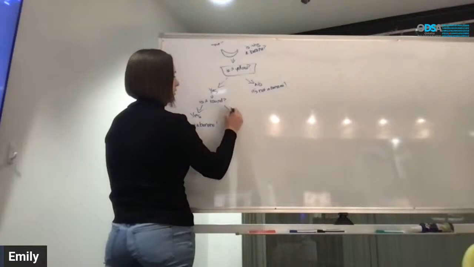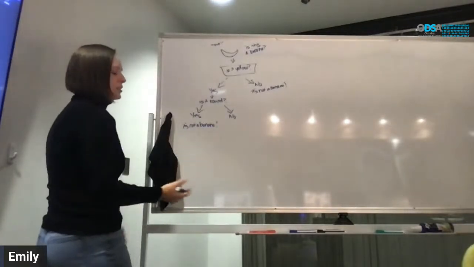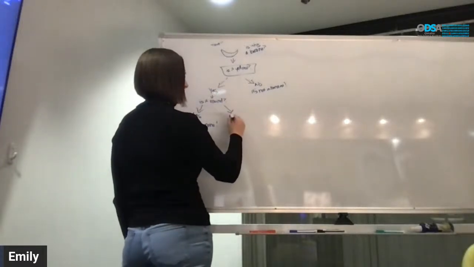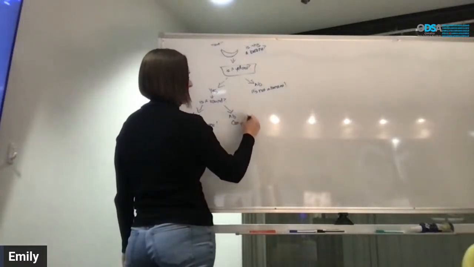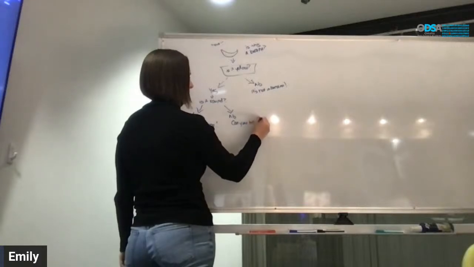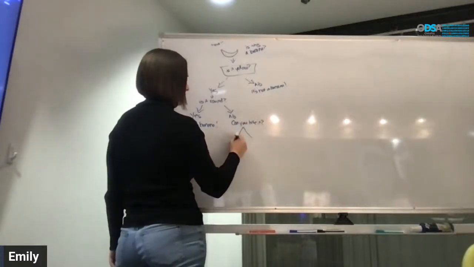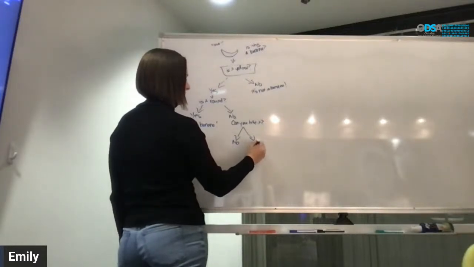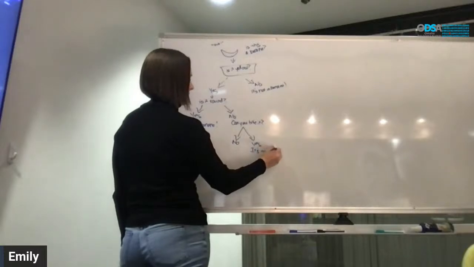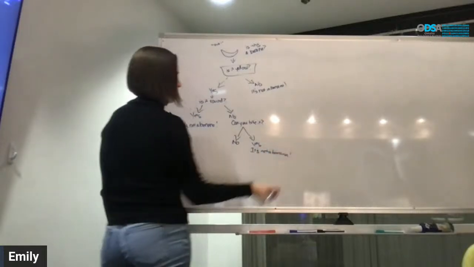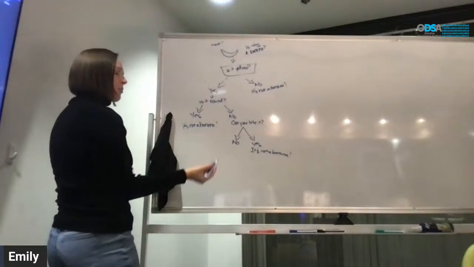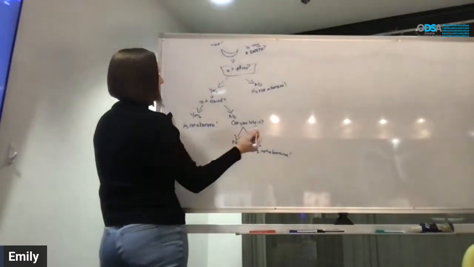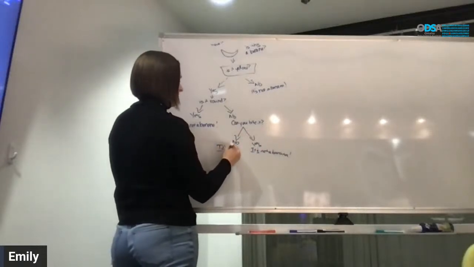And if you say no, maybe we ask another question, right? Is it edible? Can you bite it, and does it taste good? So can you bite it? And maybe we say yes, then it's not a banana. And can you bite it? No, and then it's not a mango, right? Because the mango would have been round. And so now we decide, okay, it's a banana.